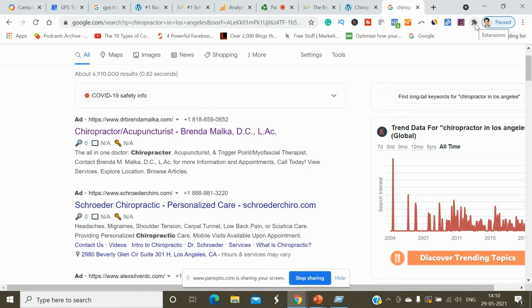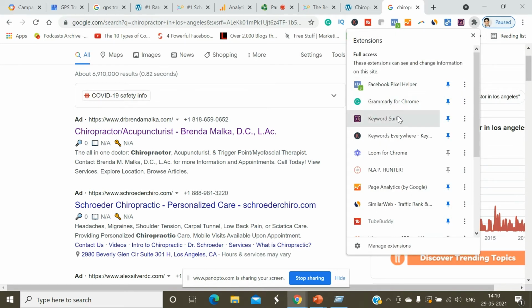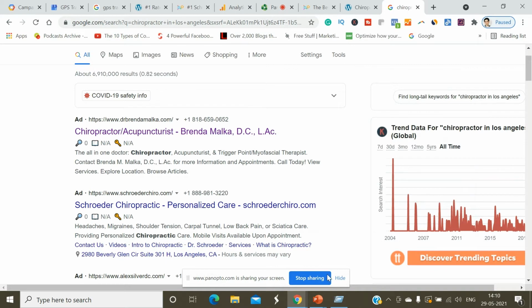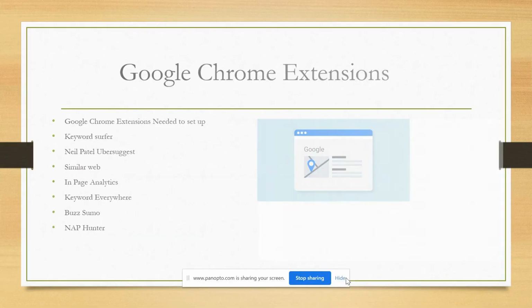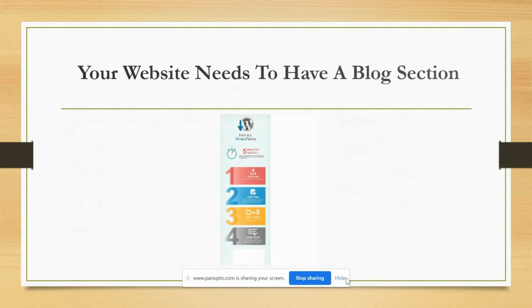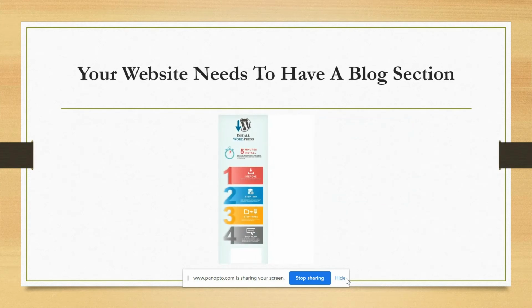If I go to the extensions, you can see so many extensions set up, like Keyword Surfer, Grammarly, Workflow, Map Hunter, SimilarWeb, TubeBuddy, Facebook Pixel Helper. You can set up these Google Chrome extensions. Okay, I hope this is clear. Your website needs to have a WordPress blog, as we already discussed.